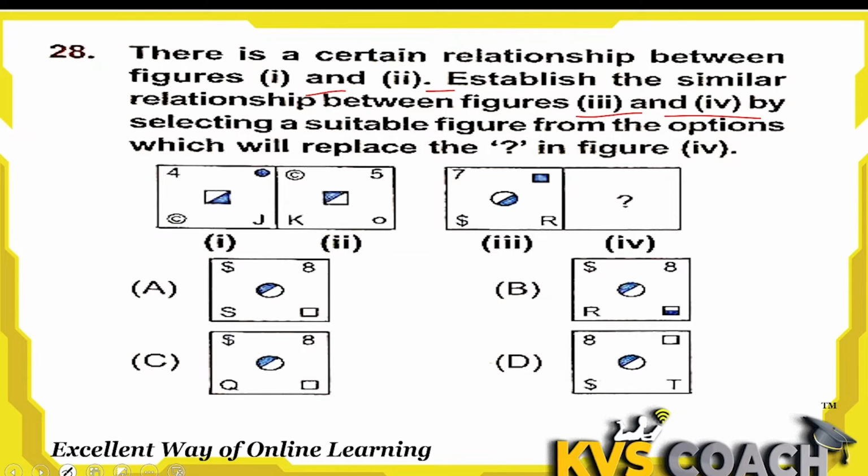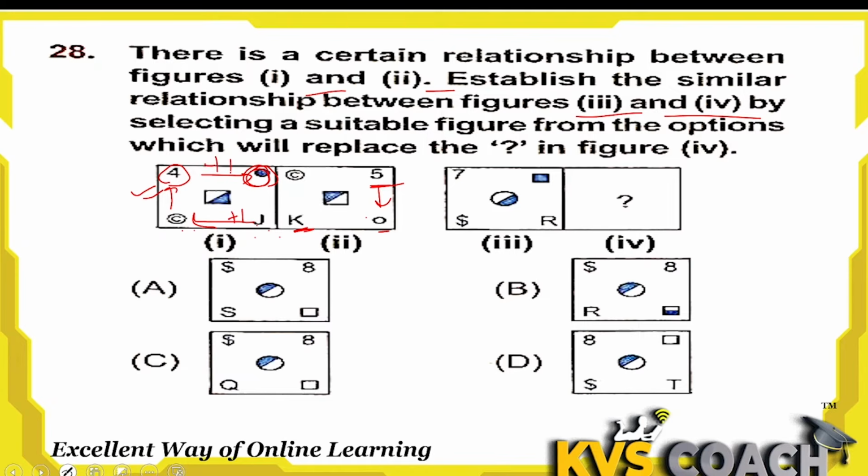So let's check which figure can be replaced. Okay, so here you can see in the first figure relation that 4 is converting into 5 and taking the next place. Here this shade is taking the next place, but now this is unshaded. This is shading in the next place. JK after +1 alphabet. Okay, and C remains the same as it is. No change in the C.